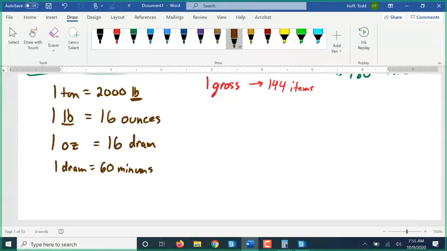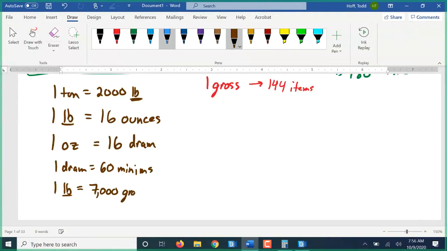Actually, I think it's minims. The minims have kind of faded now that the medical field has pretty much totally switched over to the metric system. And there's also a grain. Now, I don't know why they always went back to pounds for grains, but they do. 1 pound